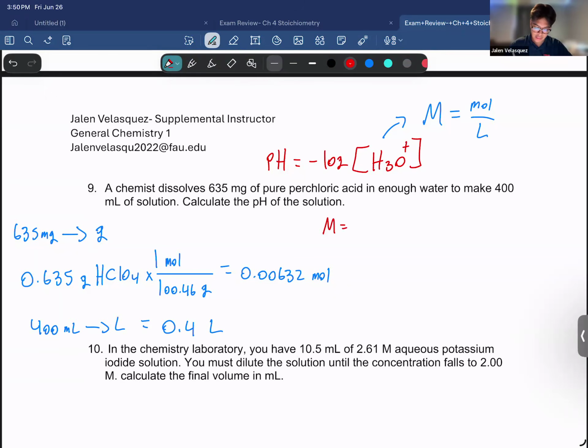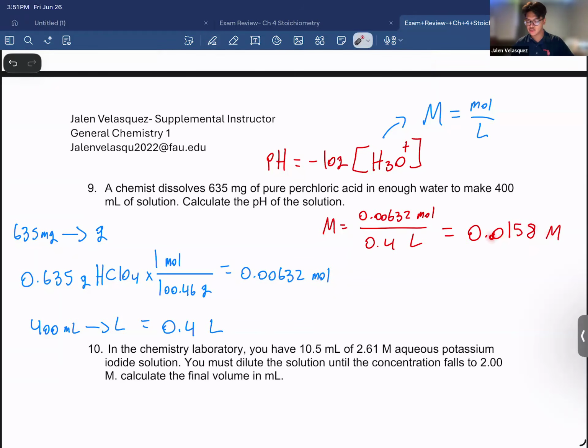So molarity is equal to the moles divided by the liters, 0.4 liters. When you get that, your concentration is going to be equal to 0.0158 molar,